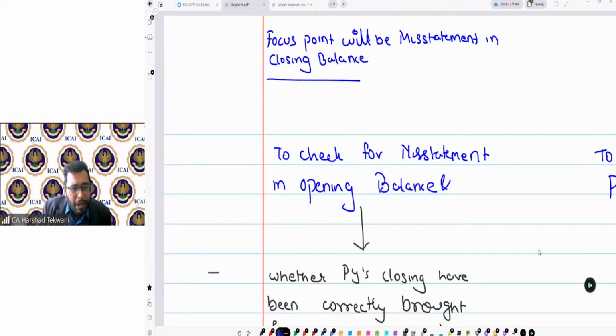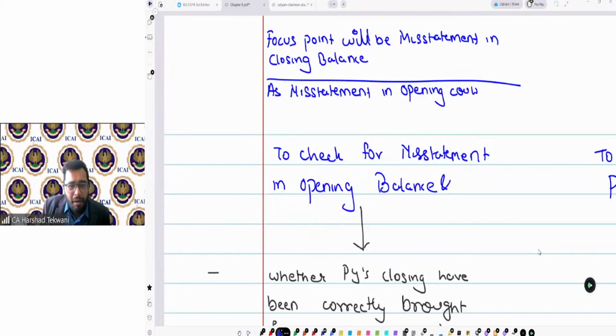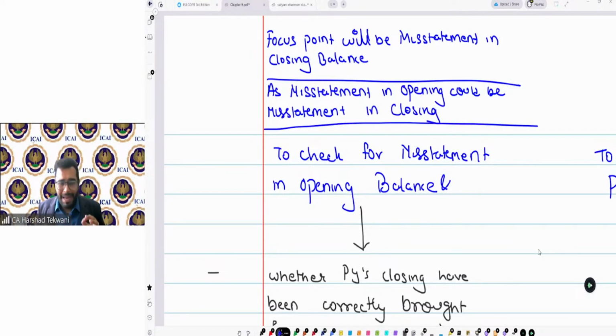Now, because a misstatement in opening could be a misstatement in closing balance, that's why I'm focusing on opening balance also.